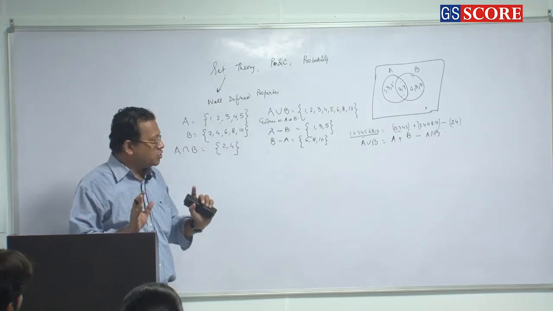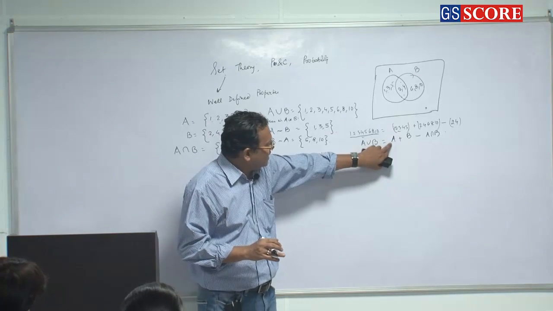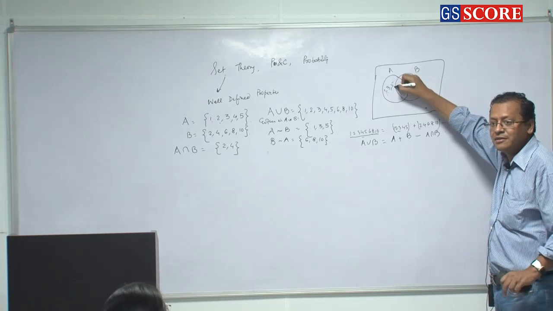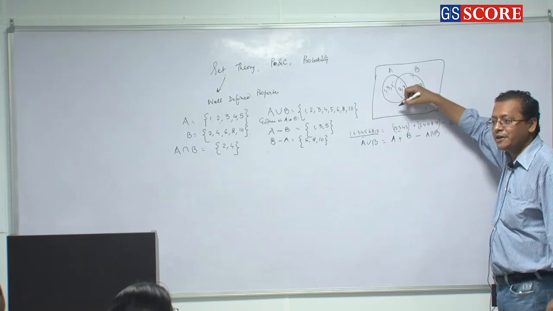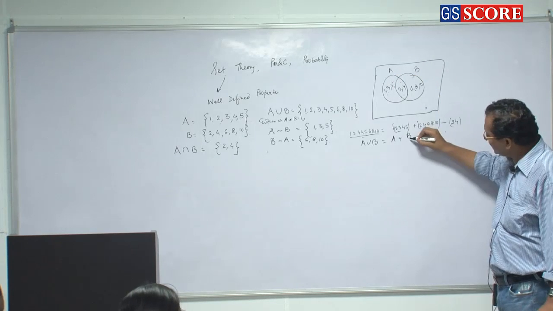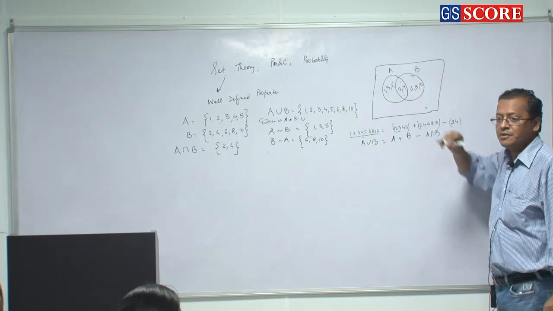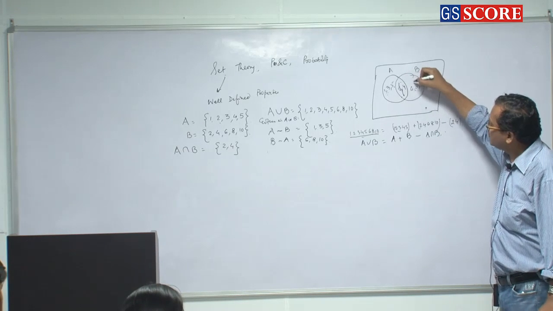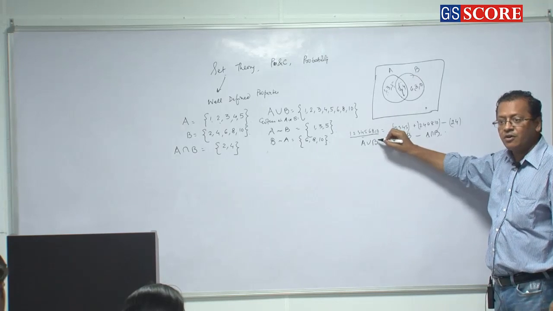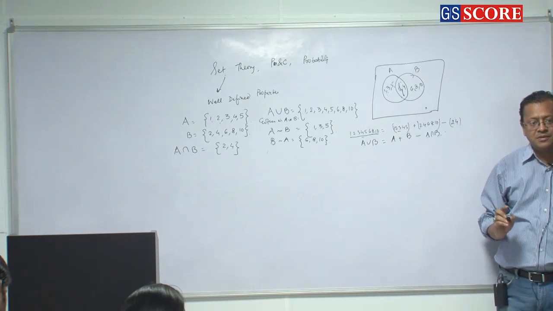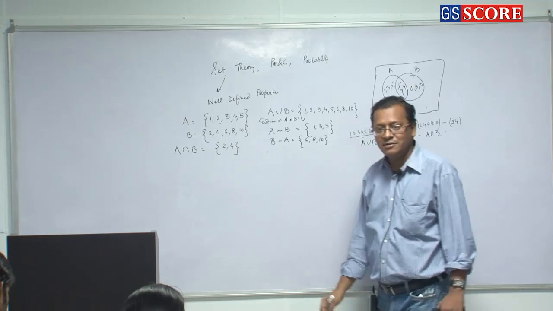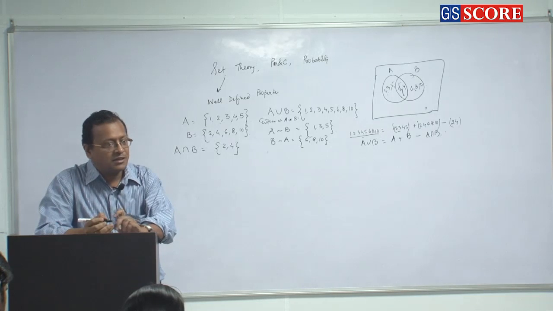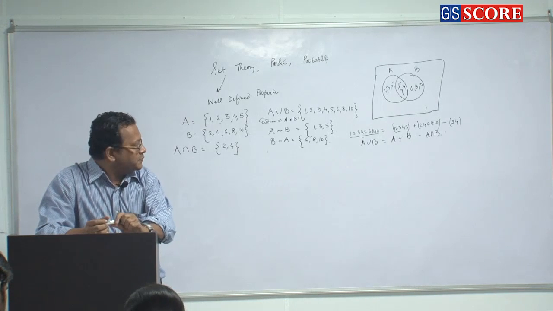Clear है? So which means when I say set A, I mean the entire set A and not only A. I mean entire A. When I say set B, I mean entire B. When I say this one A intersection B, I mean the common region. When I say this, it is either in A or in B. A union B. Clear or not? Everybody clear or not? No problem here? Okay.